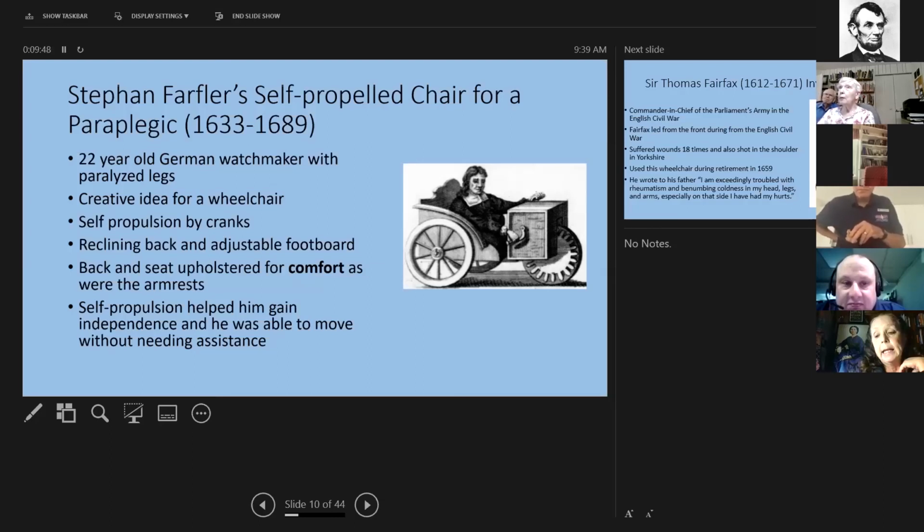And he had a reclining back and an adjustable footboard, which is right here. The back and seat were upholstered for comfort, as were armrests. And his self-propulsion helped him gain independence. And he was able to move without needing assistance.